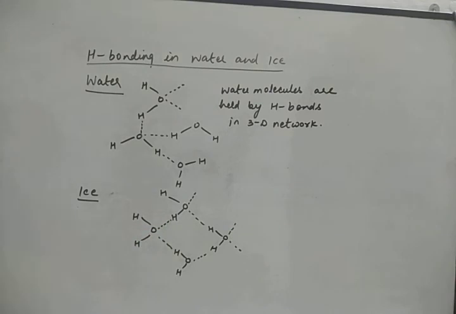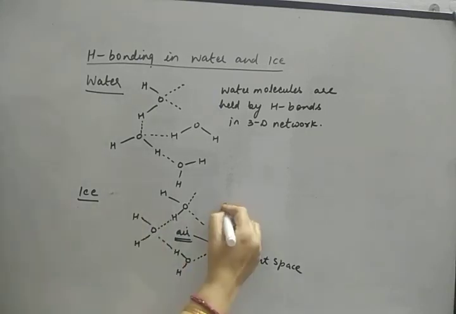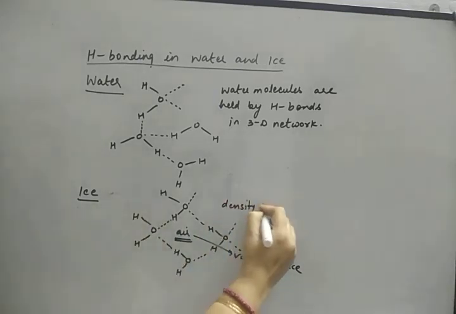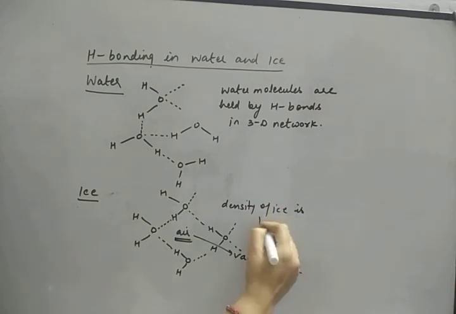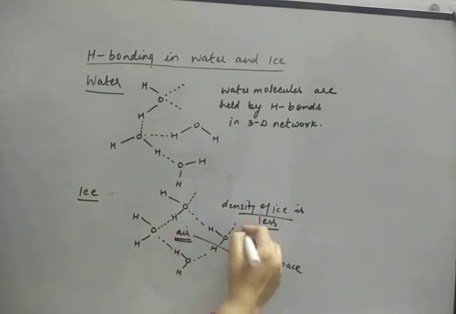So you can see that each oxygen atom is making four types of bonds. Two are normal covalent bonds and two are hydrogen bonds. And these hydrogen bonds are not collapsing. They are in the fixed position. And because of this, there is a lot of vacant space in the structure of ice. And this vacant space is filled with air. And because of this air, the density of ice is less. That's why ice floats